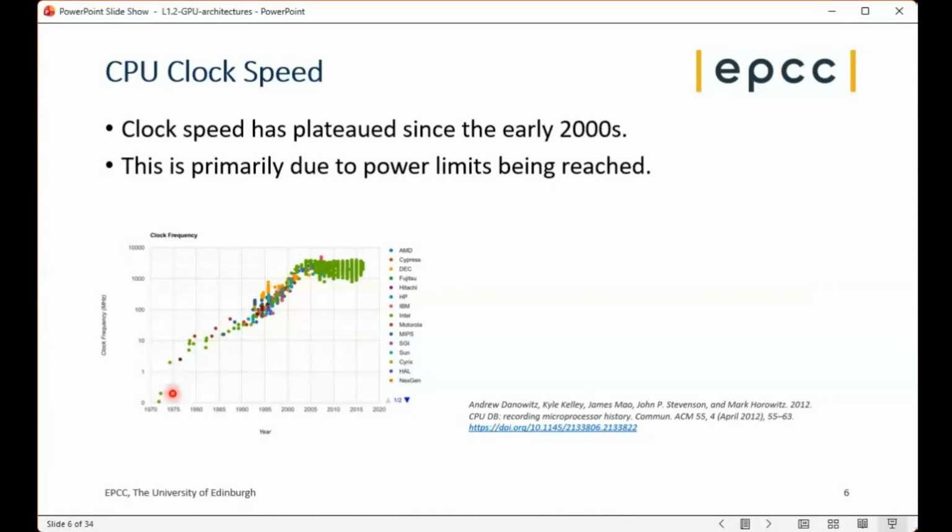Back in the 70s, clock speeds were in the megahertz range, going up and up, and by the early 2000s, say 2005, we were in the gigahertz range, 1 or 2 or 3 gigahertz. But we can see that this has completely plateaued, and the reason is generally power limits,